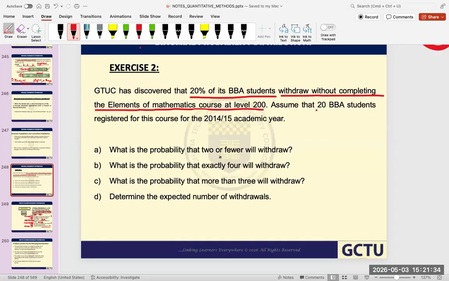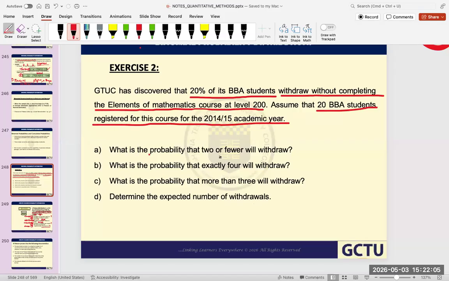Assume that 20 BBA students registered for this course for the 2014-2015 academic year. I take it again. Assume that 20 BBA students registered for this course for the 2014-2015 academic year. If they did,